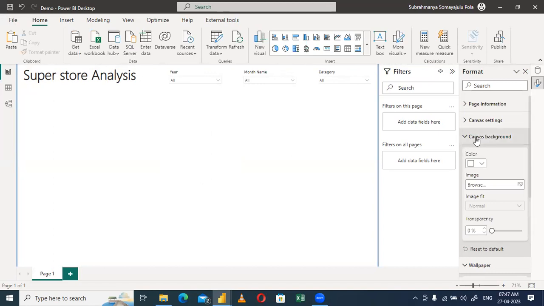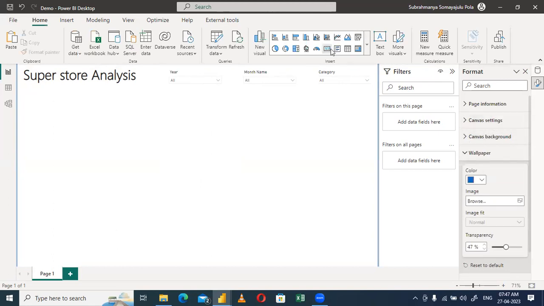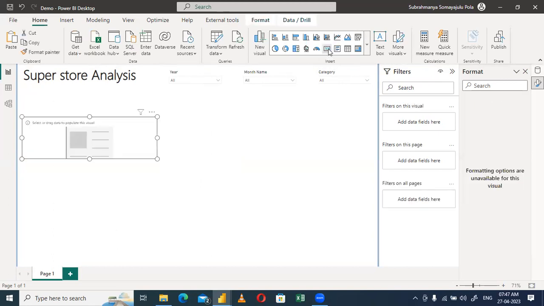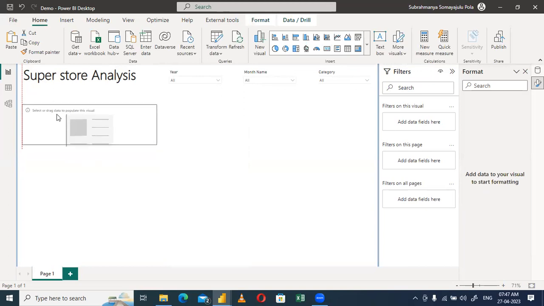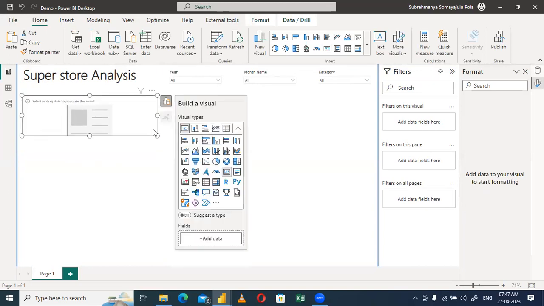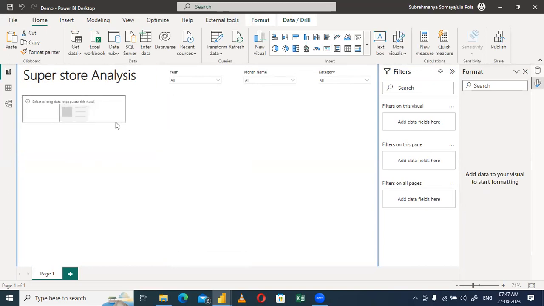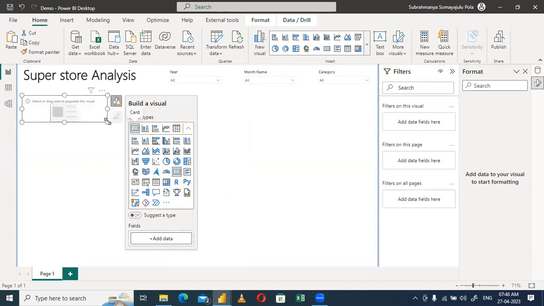Now let's add some cards. So here is the card visual. So on the card, let us say I want to show